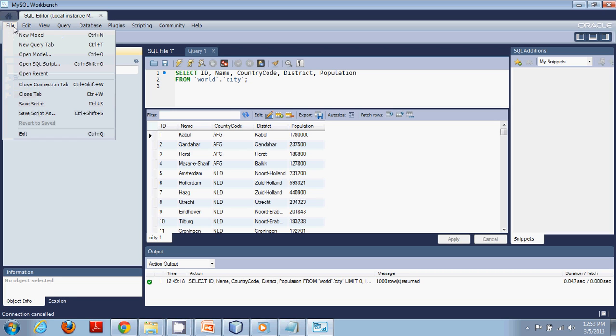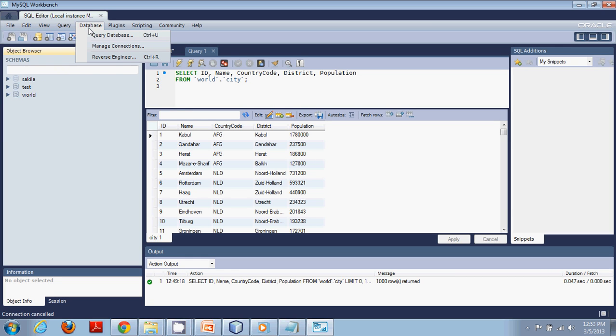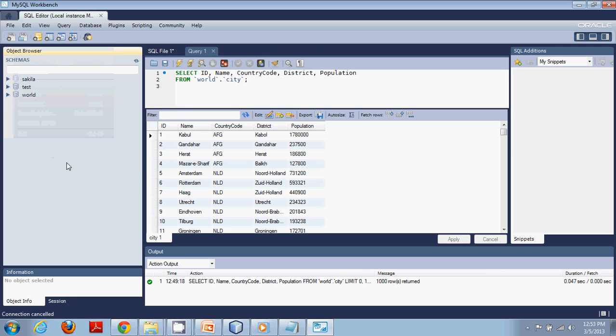You can just create a schema using new query database. Once you create the schema, I created world, and in that I just created three tables: city, country, and country language. And if you have to know the configuration, like what is the localhost and the port number,